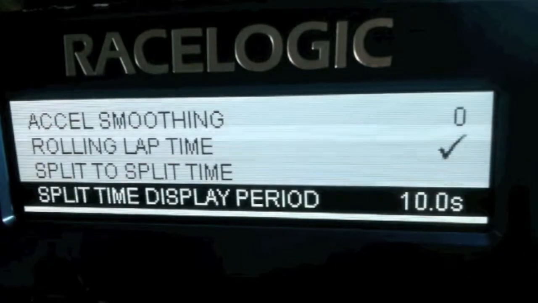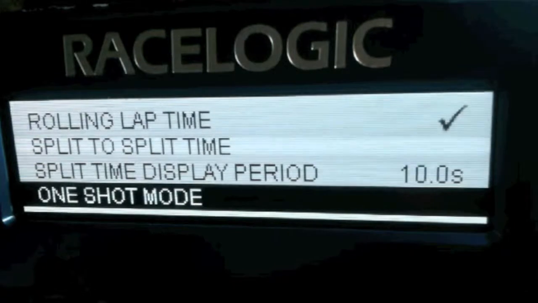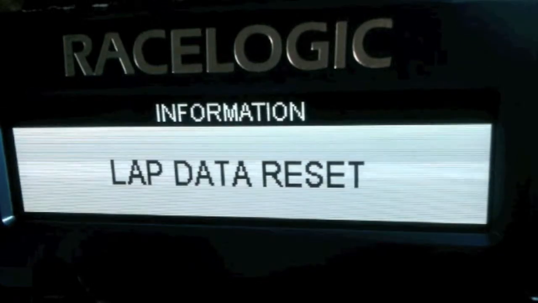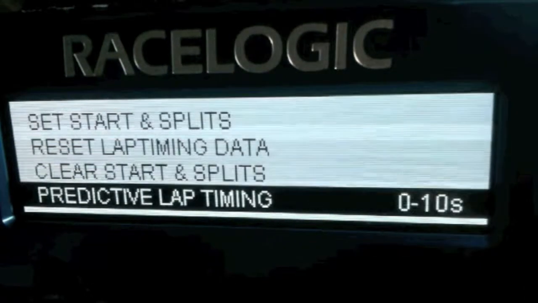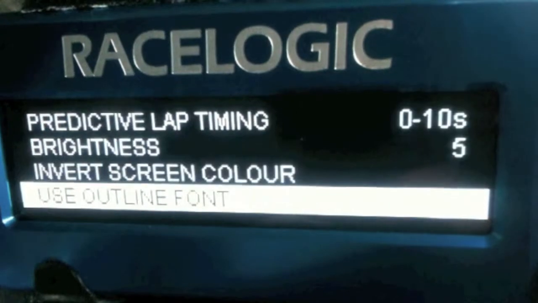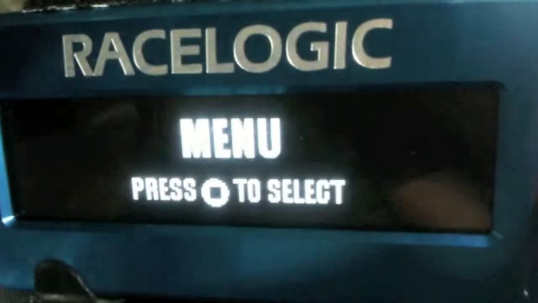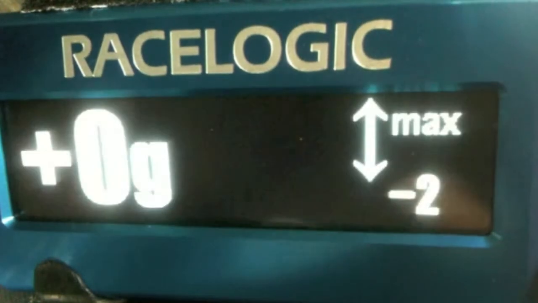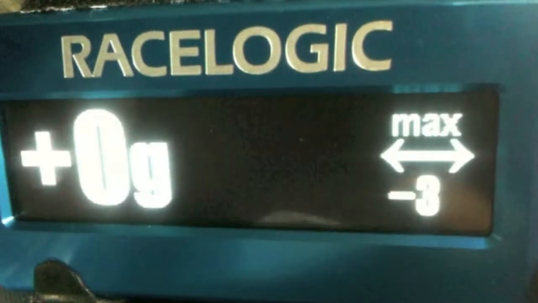Here you will see we are scrolling through a display and we're going to carry out a couple of functions. First function is we're going to reset the lap timing data. When we've done that, on this particular instance, we're going to invert the screen color from black on white to white on black. Now we're going through the display and we're going to set the unit into predictive lap timing